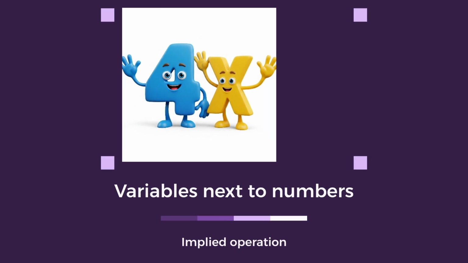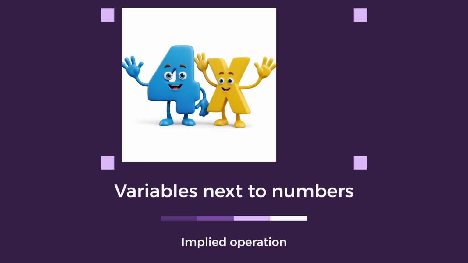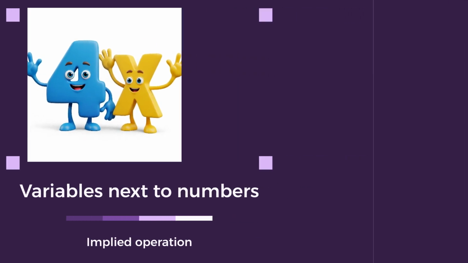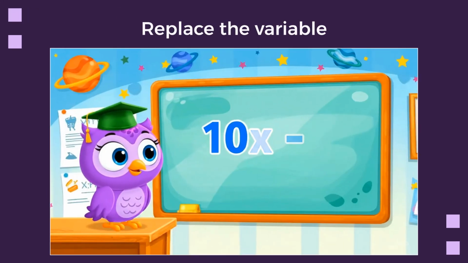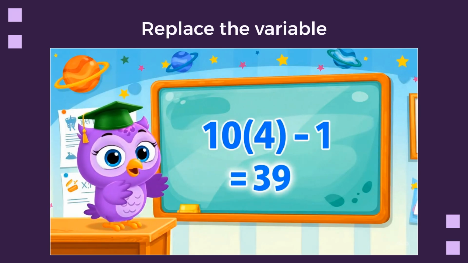When a variable is right next to a number or another variable, it implies multiplication. No need for a multiplication sign. When you're given an equation or expression with a variable, you simply plug in the given number in place of